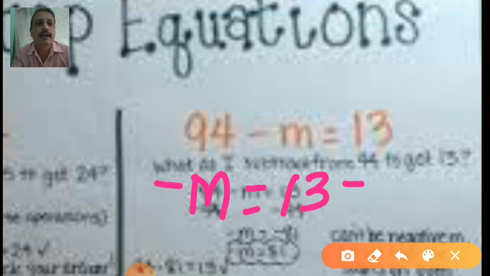Very good. So here, student, 94 minus m is equal to 13. You can use any method, student, but be careful. On the left side we can keep only the variable. On the right side the numbers are shifting. So 94 has to move to the right side. So on the left side only minus m is remaining. Now on the right side 13 is already there. Then this plus 94 becomes minus 94. Will you do the minus, student, here? Yes, you can do it and give the answer.